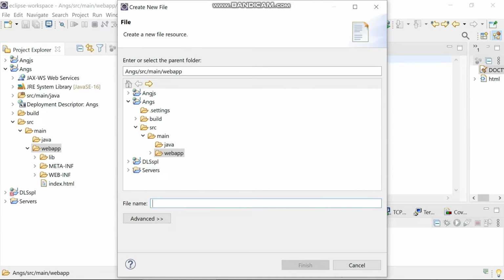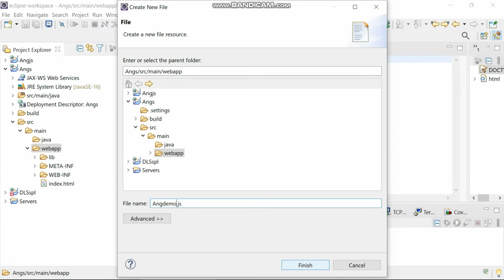Here what you do, ang demo.js. Okay, we are going to create the JS file, AngularJS file, so I just give the name Angular demo. You can give any name here, so I give ang demo.js.